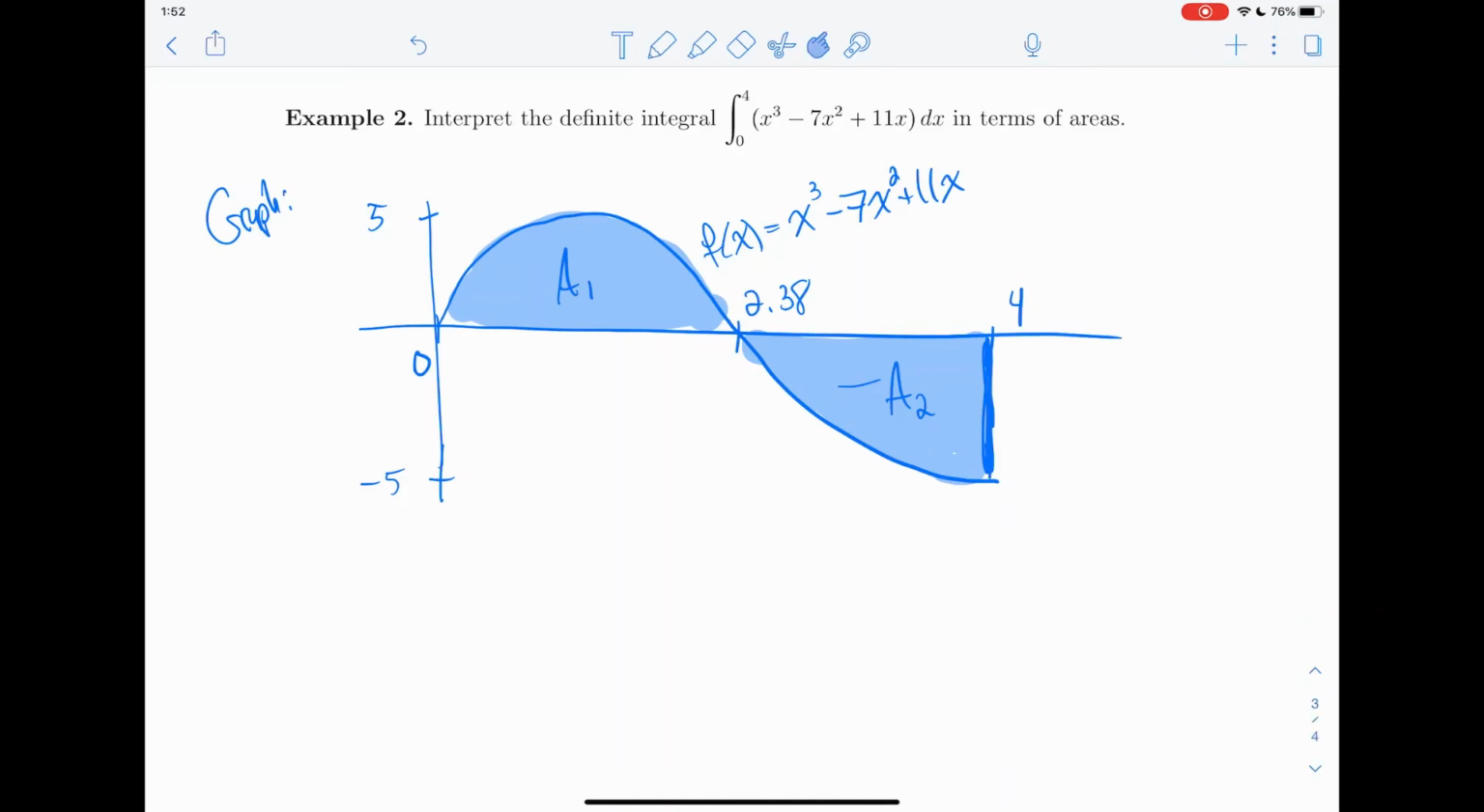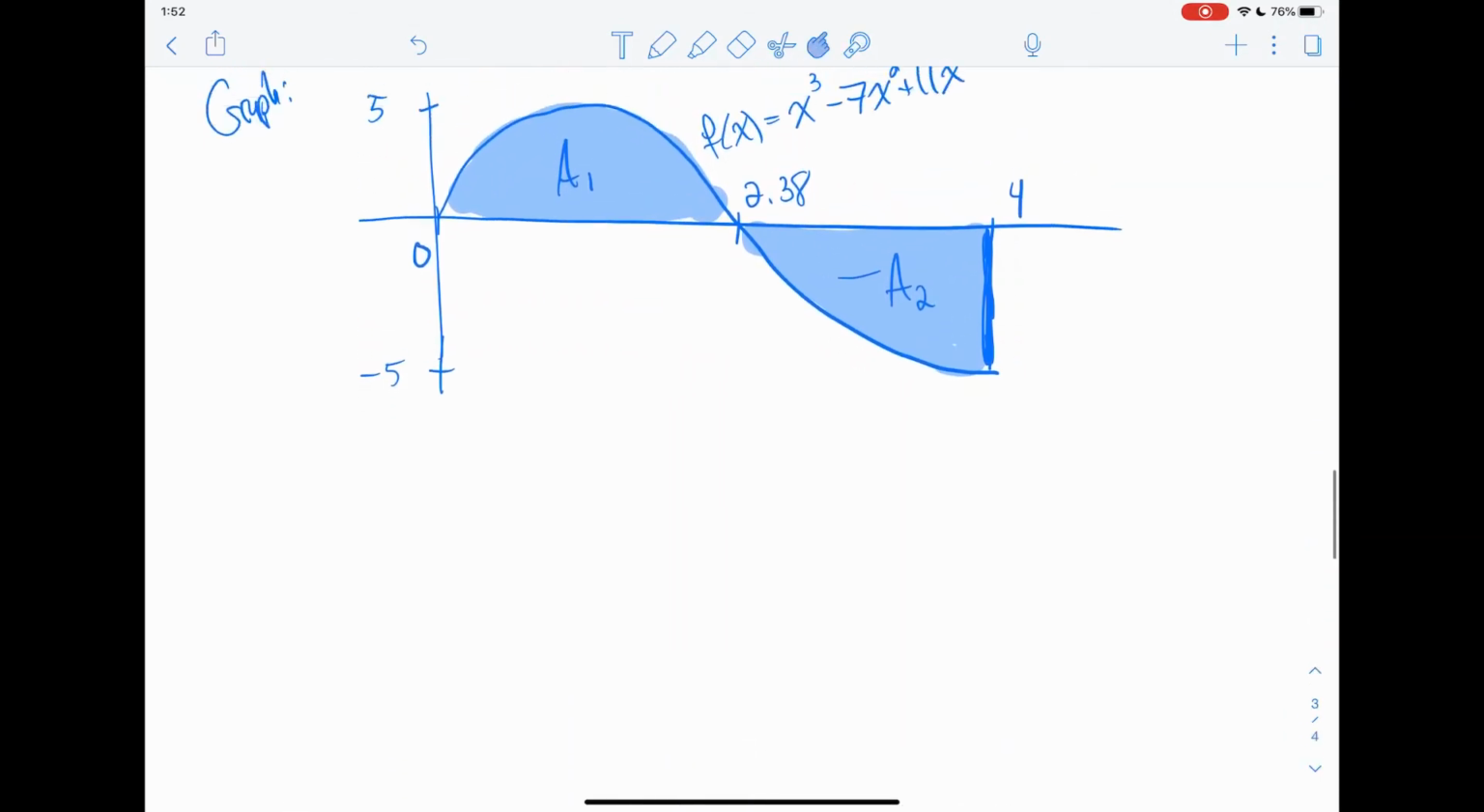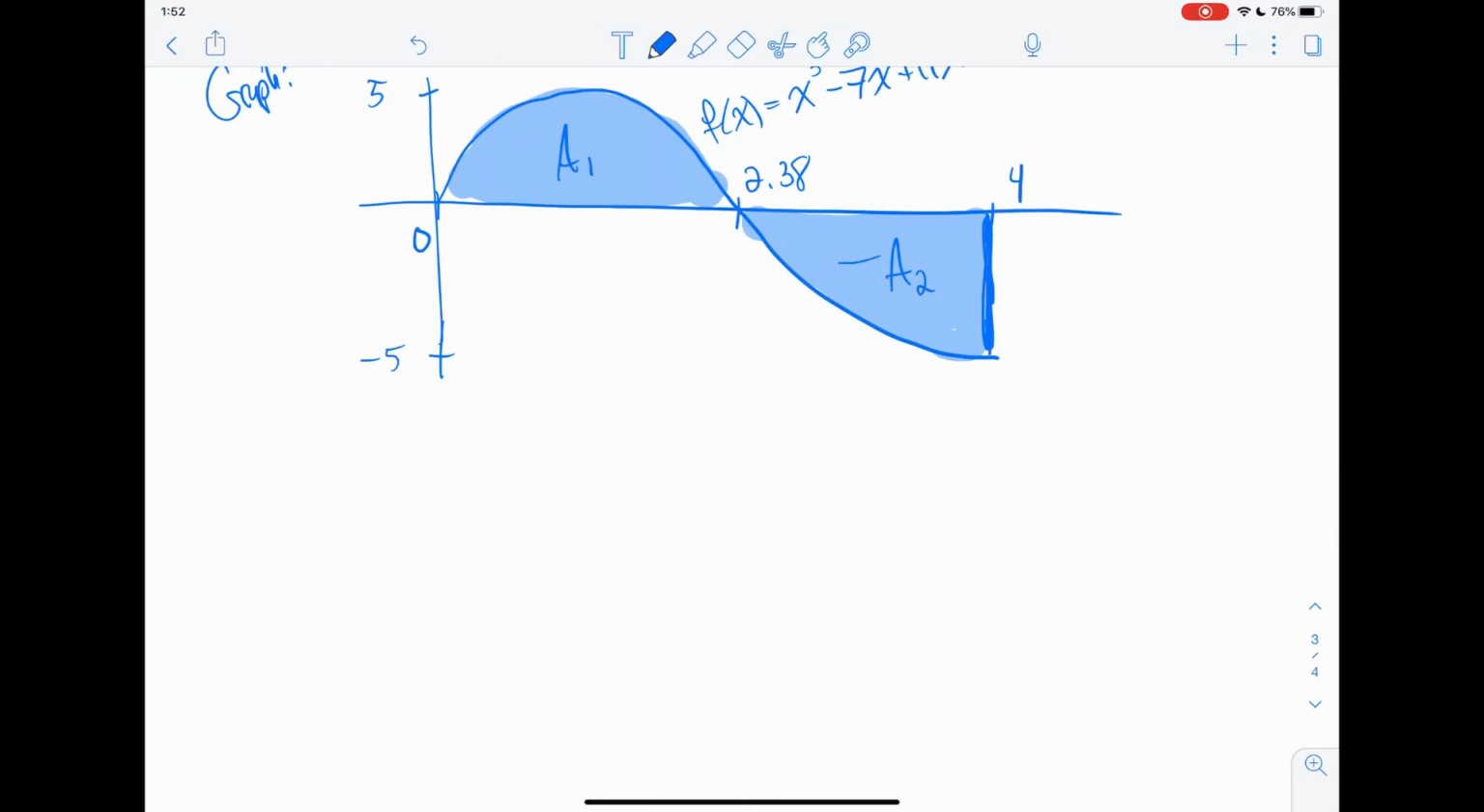So what we find here is that we can actually write this entire integral as the sum of two integrals. The one integral representing a1 and the second integral representing negative a2. If we were to write those out, we would note that a1 is representing the integral of the same function, which is x cubed minus 7x squared plus 11x, but this time we're integrating from 0 to the midpoint, 2.38